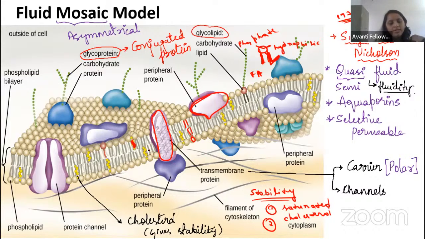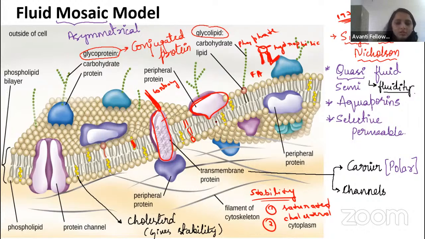Then we will talk about the proteins which are attached here to the carbohydrate, so that we will call a glycoprotein. The attachment here is glucose, right? Carbohydrate, right? And here it is attached to the protein, right? So together we call it a glycoprotein. An example where glycoprotein is useful is the ABO blood groups. They have different glycoproteins on the cell surface which help in identifying the blood group, guys.